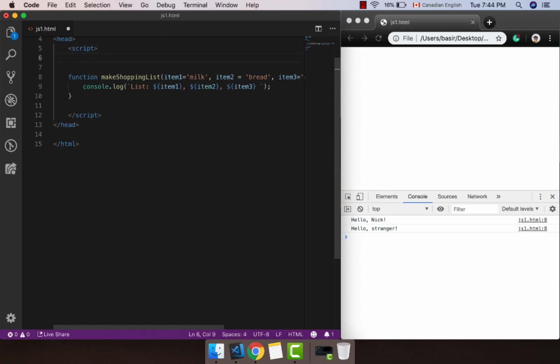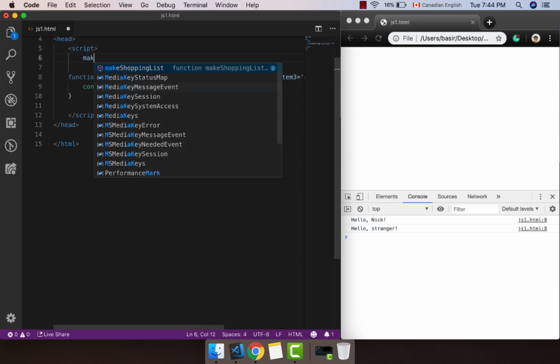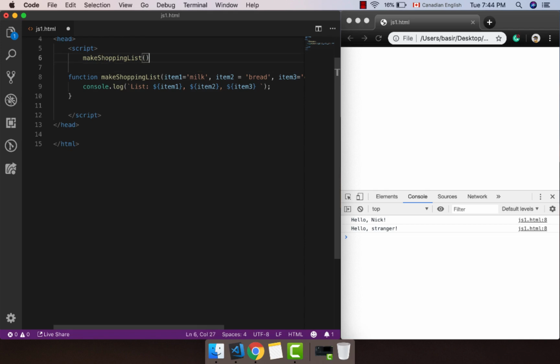And here I want to call makeShoppingList with empty parameters and check the results. You see the list is milk, bread, and eggs. If I change the milk to something else like paper and refresh the page, the first parameter, milk, will be replaced, and I have paper, bread, and eggs. You can do this for the other parameters, item3, item2, for example,